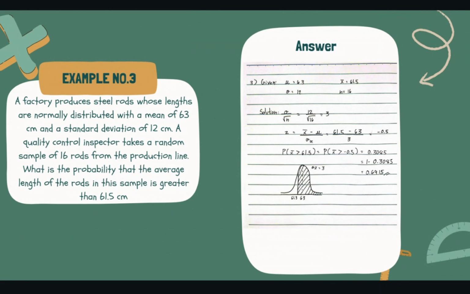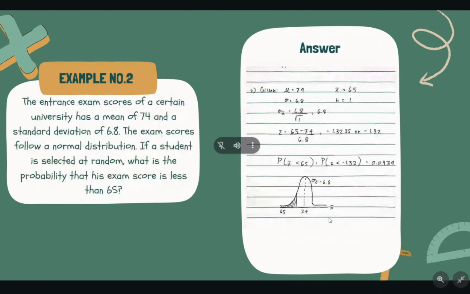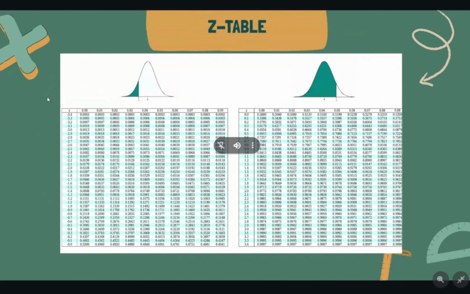It is equal to 0.3085. To look at the z-score, -0.5, in the table again, there is no second decimal, so we only need to look at the first column, 0.5, which gives 0.3085. Going back to the example.